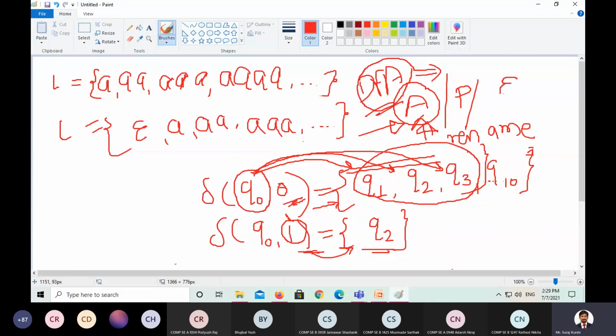Or if we have an epsilon transition, which we will see in epsilon NFA, then it is an NFA. In a DFA, there is no epsilon transition. A DFA does not accept empty input. It does not accept epsilon. Empty alphabet is not acceptable. Whereas in an NFA, we can have epsilon as an input, which means that without any input, it will change the state. That is called an epsilon transition, which we will see in the epsilon NFA. Right now, just remember that a DFA does not allow epsilon transition.